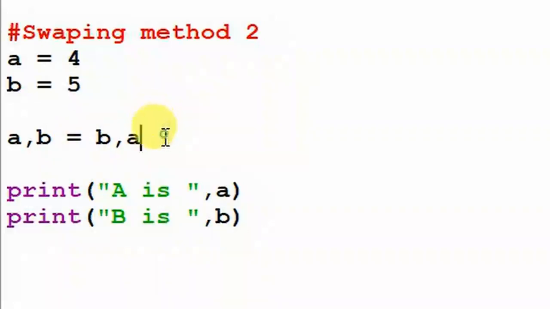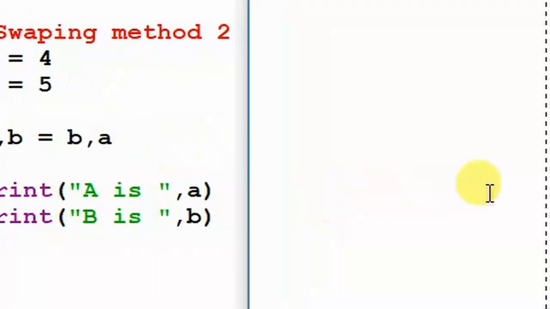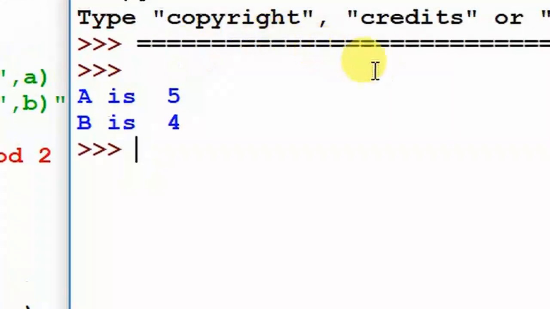This method is a very simple one-line swapping method. I save it and run this. The code runs. See, the values are swapped. A is 5 and b is 4.